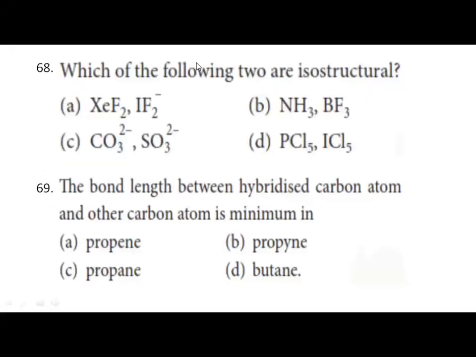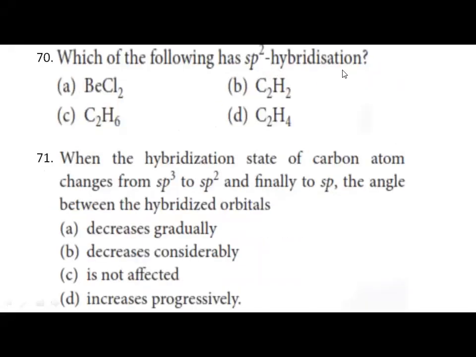Which of the following has sp2 hybridization? Work it out immediately, you all work it out here. First option, BeCl2. H is equal to half of beryllium's 2 electrons plus bonded to 2 and 0 and 0, 4 by 2 is 2, so it is sp hybridization. Second option,